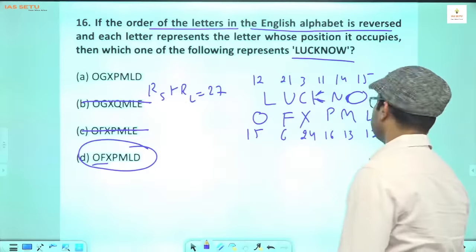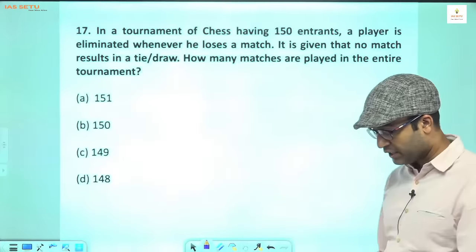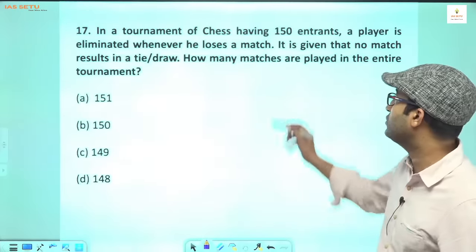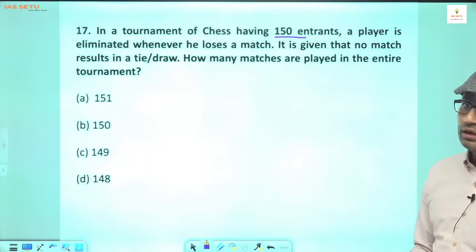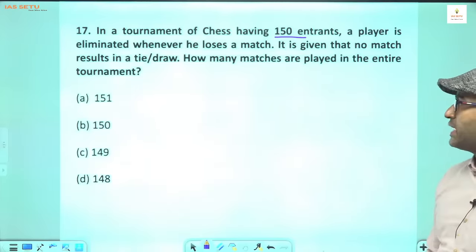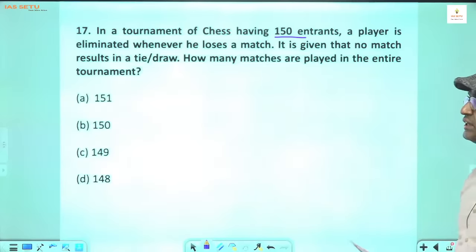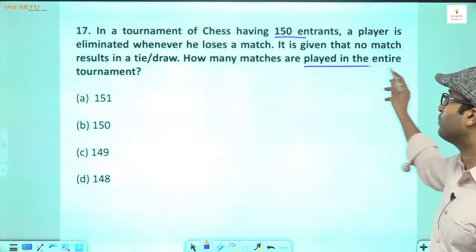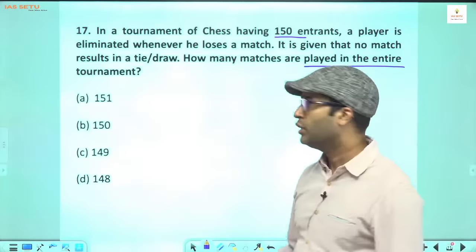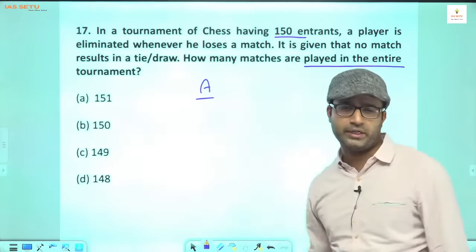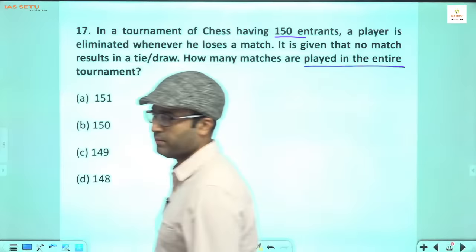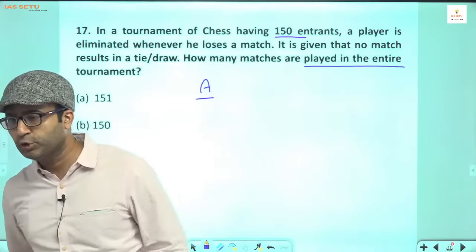Now next question, question number 17. I will tell you two methods. In a tournament of chess having 150 competitors, a player is eliminated whenever he loses a match. It is given that no match results in a tie or draw. How many matches are played in the entire tournament? See, this is player A, जो कि बाहुबली है, ठीक है, चेस के मामले में. तो what A will do,